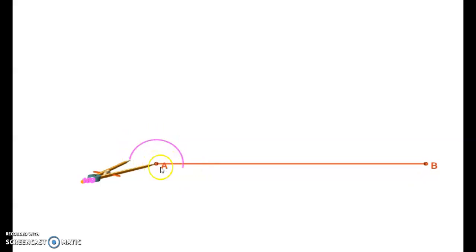You need to take some convenient radius and draw an arc on this as shown here. And then with the same radius, you need to intersect from this point as center. You need to intersect the arc which we are drawing right now. So let us see the procedure. We are constructing angle 45 degrees here. For that, we need to construct 90 degrees first, and then we'll be drawing the angular bisector of it to get 45 degrees. Look at the procedure keenly, children.